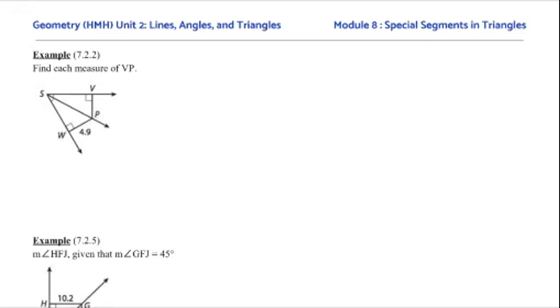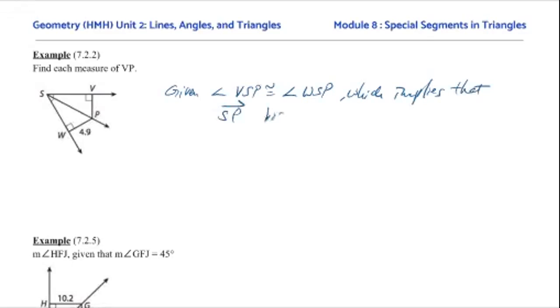According to the picture, the given information is that angle VSP is congruent to angle WSP, which implies that ray SP bisects angle VSW. And from the theorem that we just learned, the angle bisector theorem,